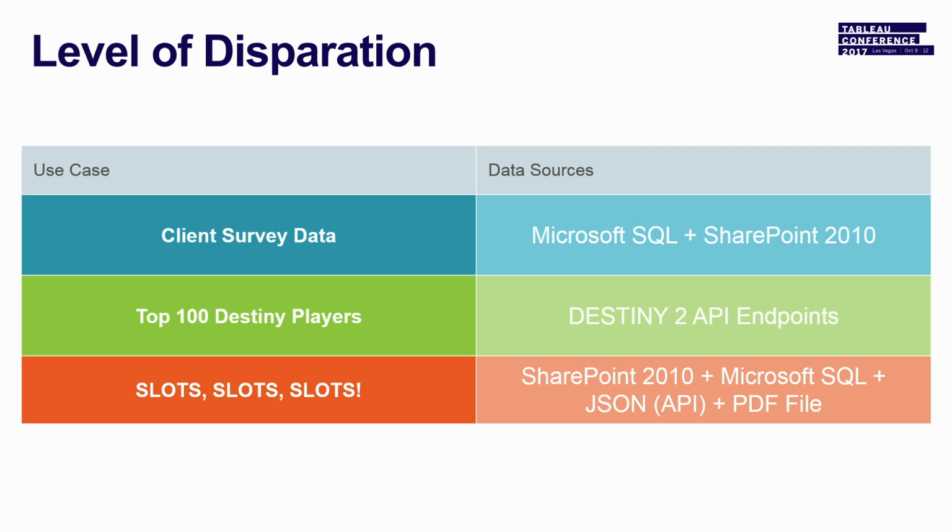So we're going to start at really the baseline of data disparity, which is we have 2 primary keys. We're trying to bring the data together, and then we're going to go down to this is incredibly complicated, and you can't get to data set 3 without using data set 2, and how we're going to go through that process. So with that,